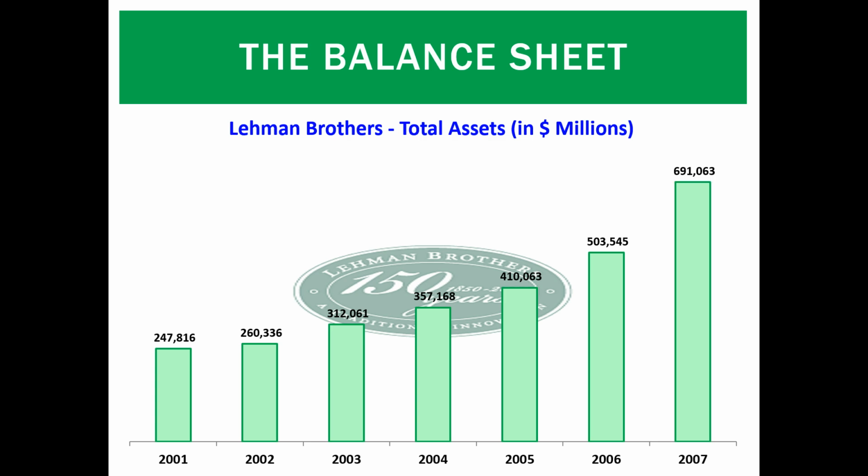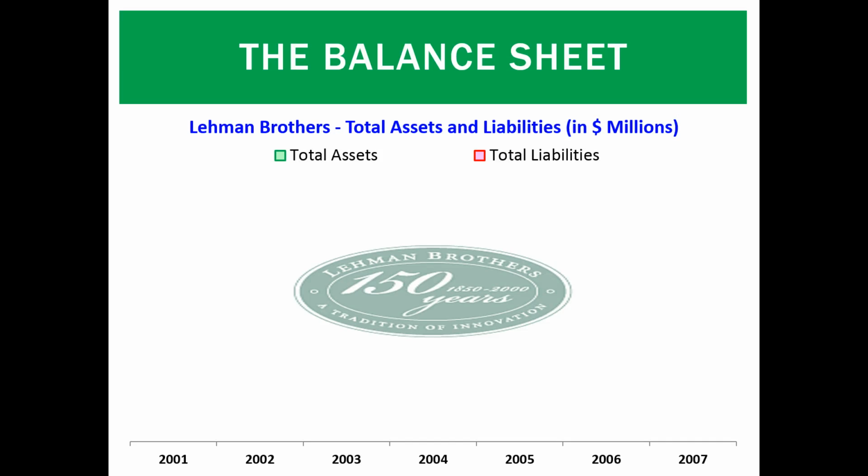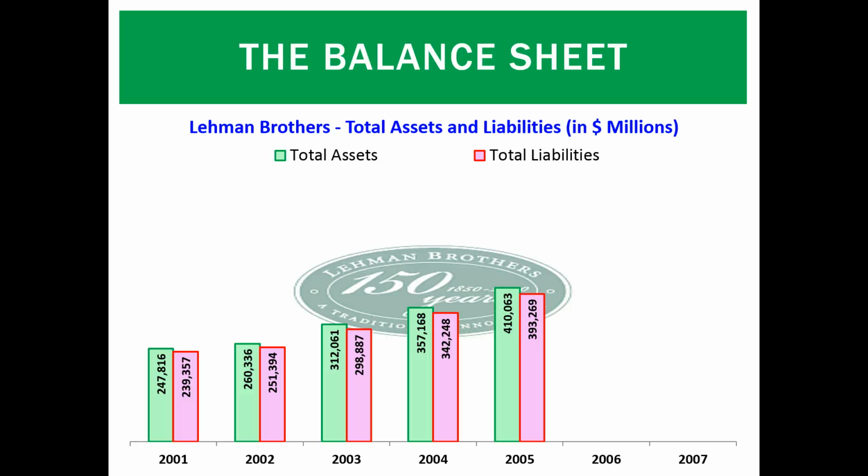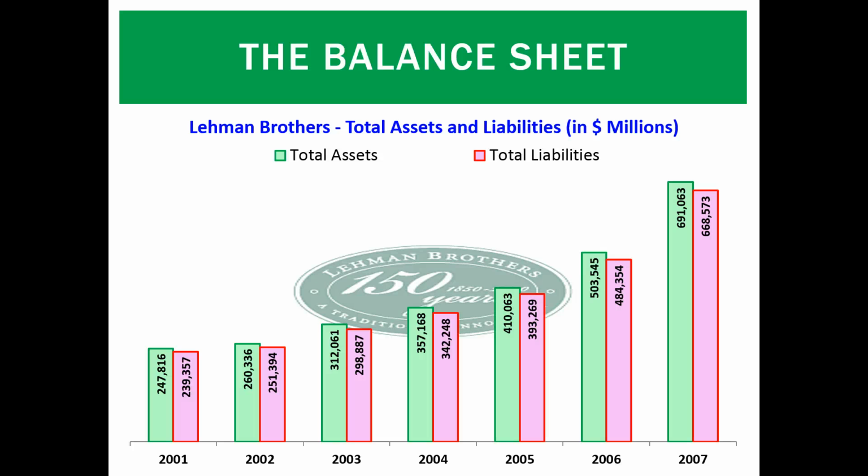How does that happen? Well, why don't we look at something a little more interesting. Why don't for each of these years when we look at assets, why don't we look at liabilities? And now we see a bit of a story. Now we've got total assets of 247 billion, but we've nearly got as many liabilities. And every year we can see for Lehman Brothers, the liabilities basically covered pretty much all the assets. So by the end, we had $691 billion of assets, which is good, but we also had $669 billion of